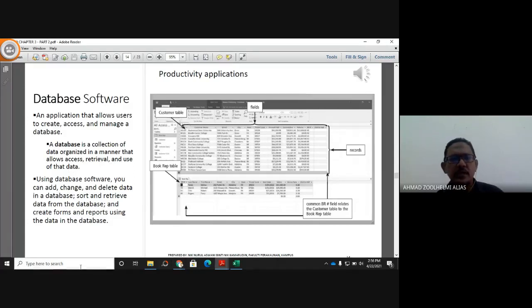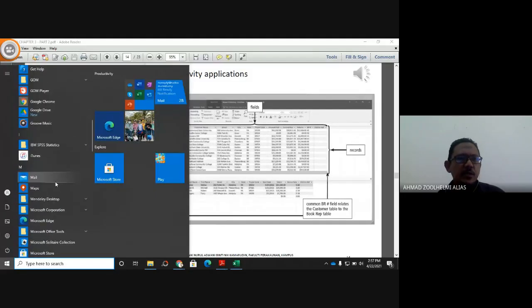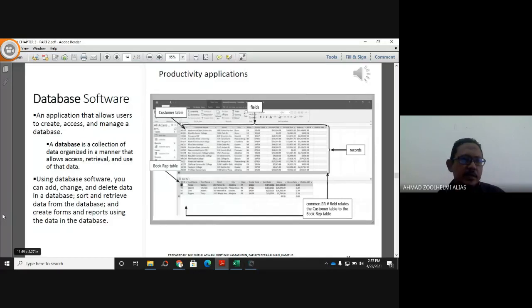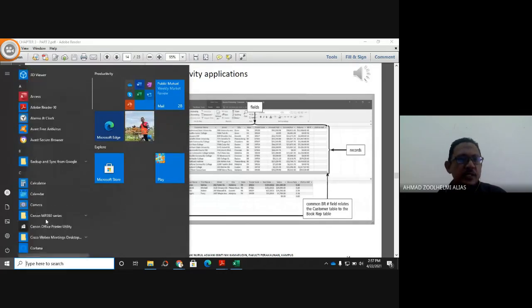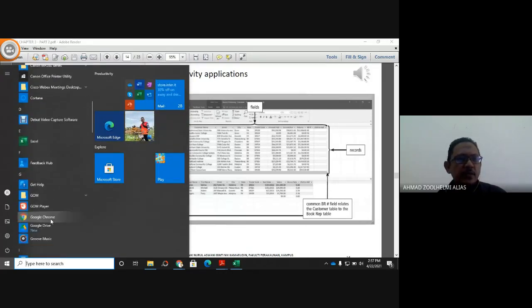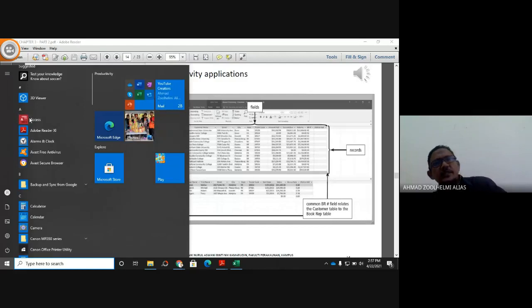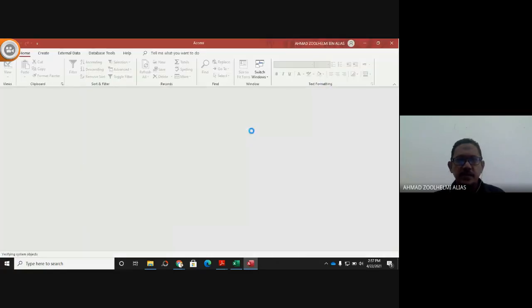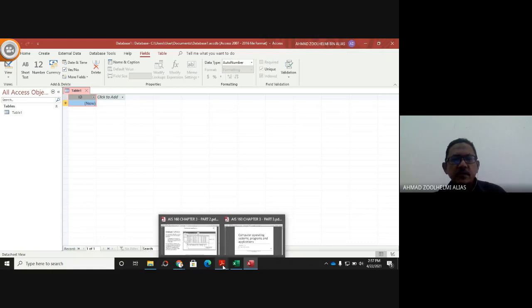Dia macam juga Excel, dia dalam bentuk column and row, cumanya dia lebih spesifik untuk buat database lah. Ini Microsoft Access ada. So this is Microsoft Access. So saya guna blank database. Okay, then you sama juga dia guna ID, dia ada column and row sama. But you need specific instruction to create those